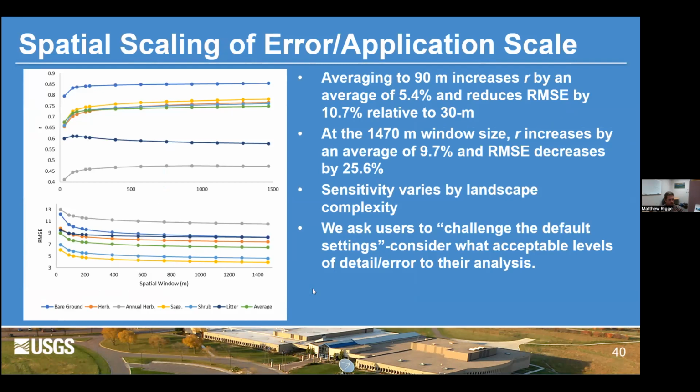I talked about the spatial scaling stuff. There's more work that needs to be done there. I'm currently leading some analysis looking at this at a broader scale, and then also looking at ecoregion variation and bias. So, for example, maybe there's certain ecoregions where we consistently overpredict shrub cover or underpredict bare ground or whatever. To make users aware of these sort of biases at a relatively systematic level and account for that in their